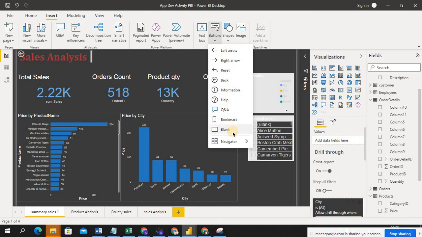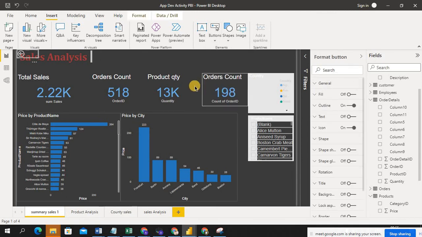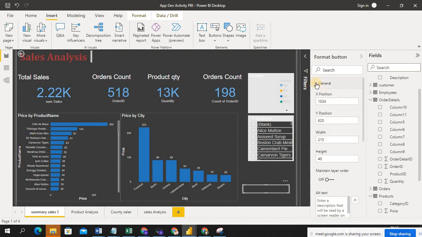So now my requirement is, if I click on this button, this page has to be activated. So that is my requirement. So I'm making this. Now you can see here the button where I place the position is showing.